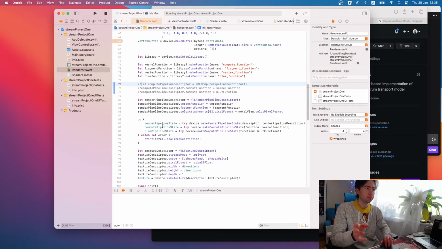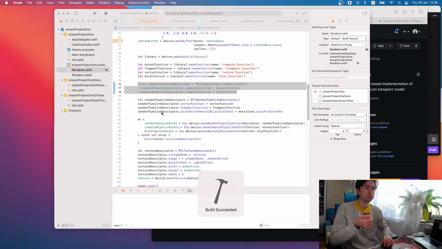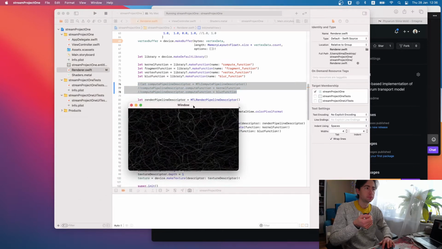I can create compute pipeline state right from the device, passing a function to it. Right, I do not need this. Okay, it's rubber duck debugging way. Let's check if it still works. It works perfectly.